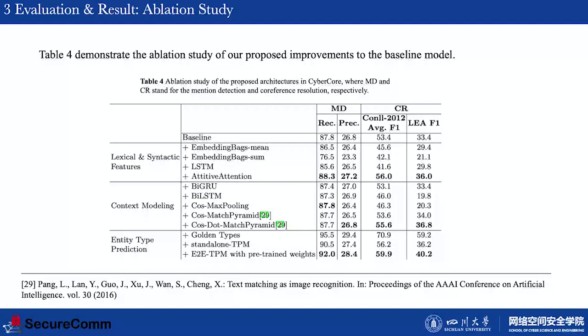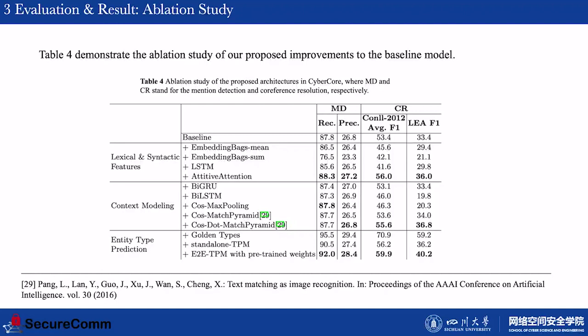We also conduct a thorough ablation study on our proposed networks. For the first part, different ways of encoding part-of-speech and syntactic features are used as comparison in the ablation experiments. For the contextual modeling, we come up with five explicit contextual modeling approaches to compare with the baseline model. For the entity type prediction part, we investigate the effect of adding the boundary tags and compare two ways of span representation for entity type prediction network training.